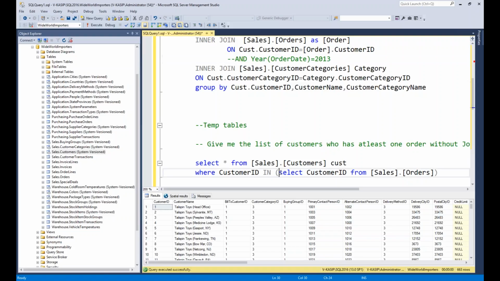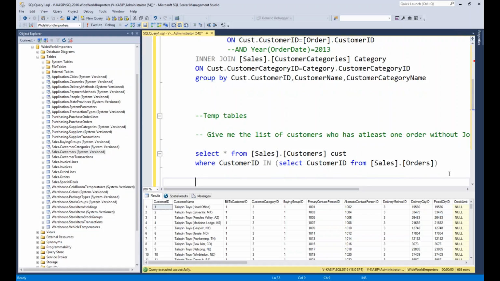And again, this one I have in just some inner query, right? I can use this data in a temporary table. That temporary table I can use within the session. So basically, if you use the inner query, that inner query result set you can use only within that query. You can't use it outside of that query, right? But by using temporary tables, you can use that result set multiple times. I just need these customer IDs.